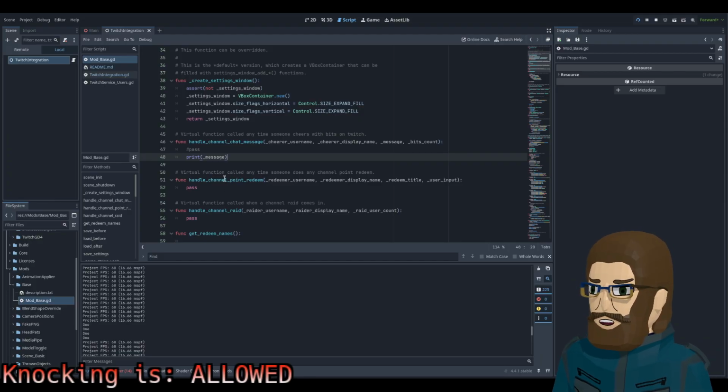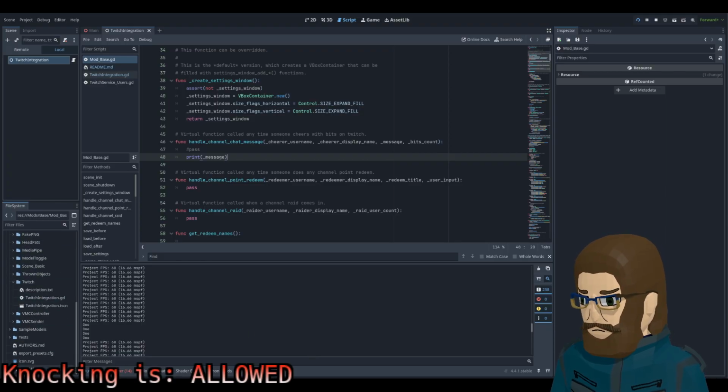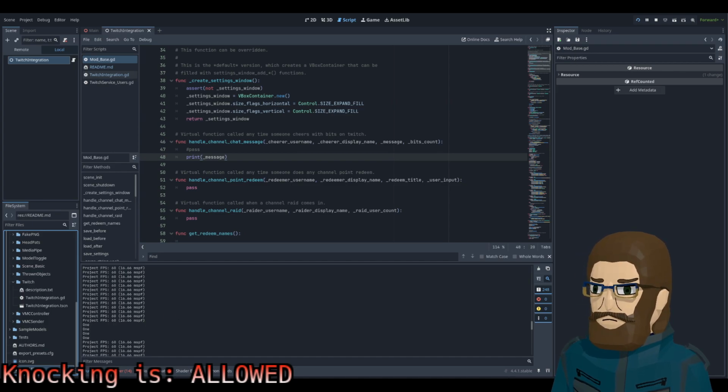In any case, step one done, right? I should be writing notes down probably. Can we just do it in here? Can I make a new file? Text file, sure.